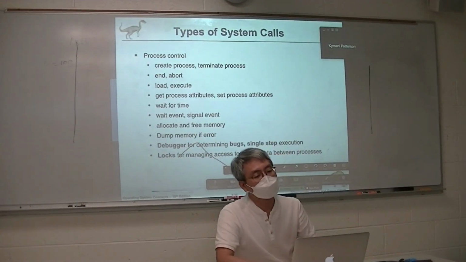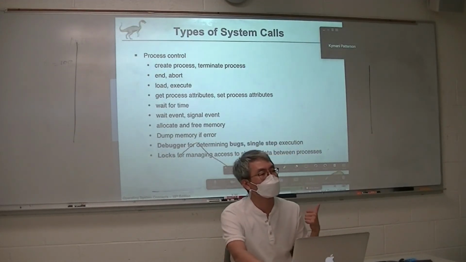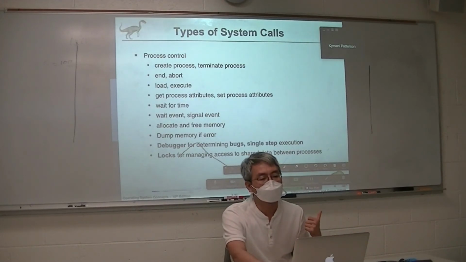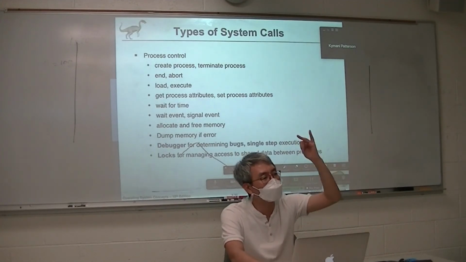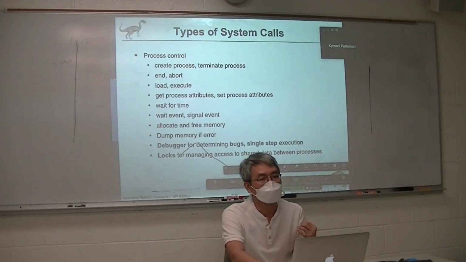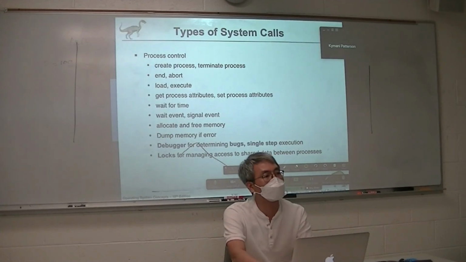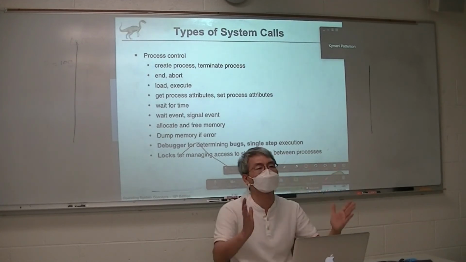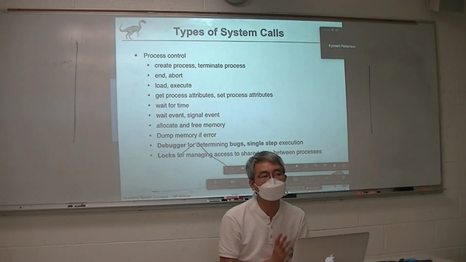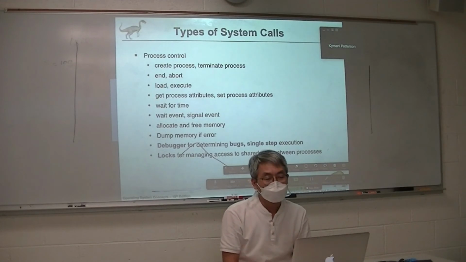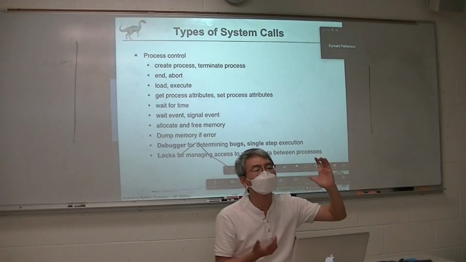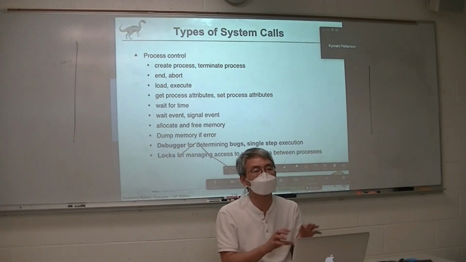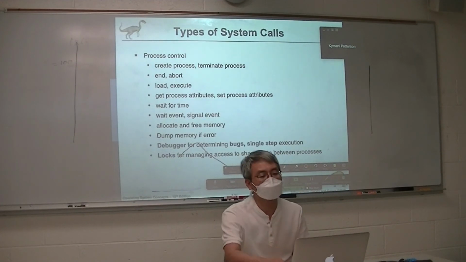Then the types of system calls. The first and most important is process control. We can create a process, terminate a process, and monitor a process. In project 1, you are going to create and terminate processes. That is 99% of your project 1 using the system library. It's less than 10 lines of code to create the process. You are going to add some decoration, like the bash shell.